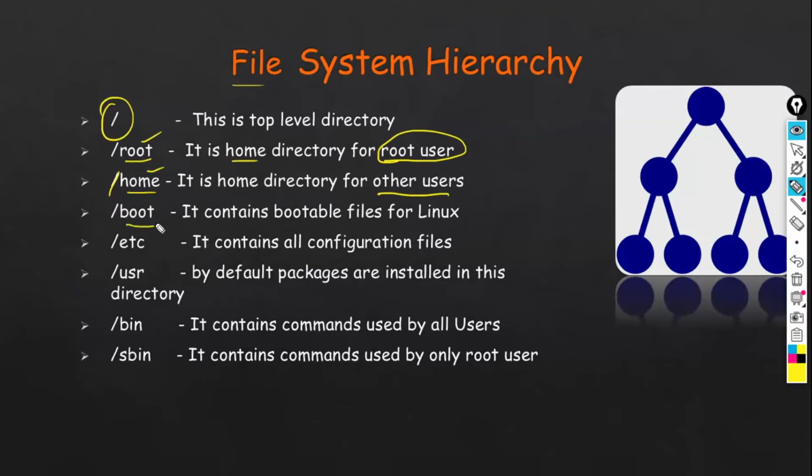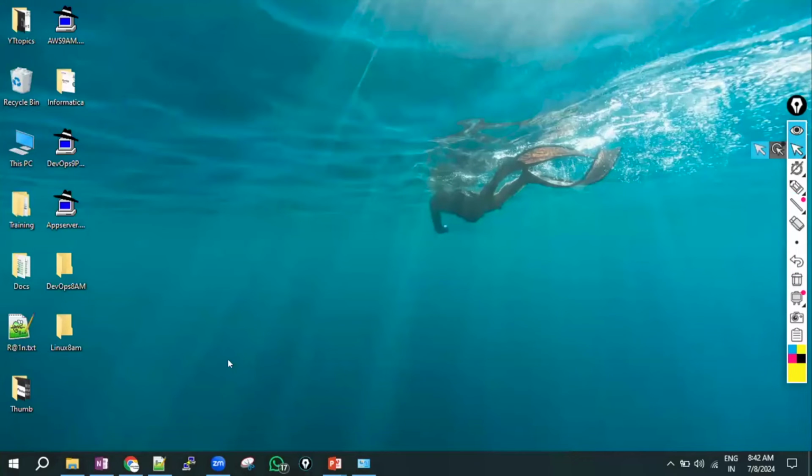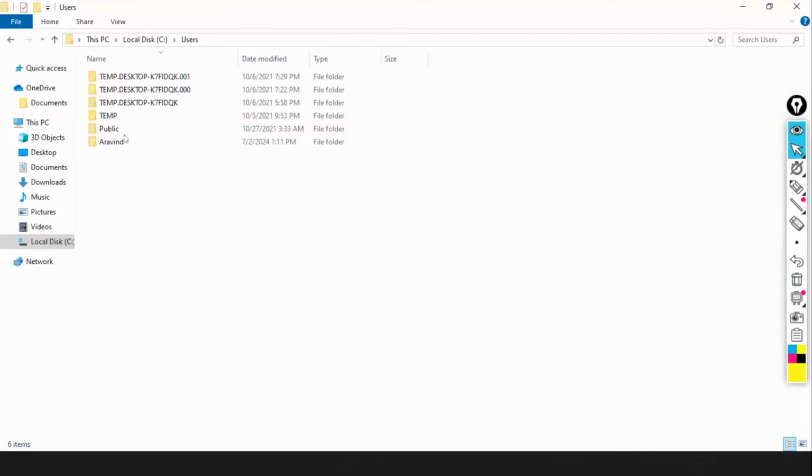And you can see the boot directory also. This directory contains all bootable files. The etc directory contains all configuration files, like operating system and software related config files. The USR directory: by default, if you install any package, it is installed in the USR directory. Just like in Windows, if you install any software, where will it be installed?